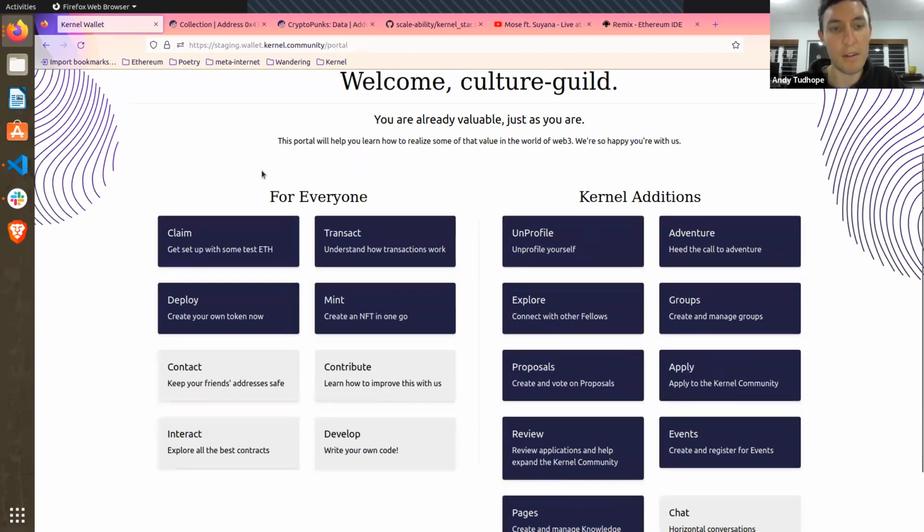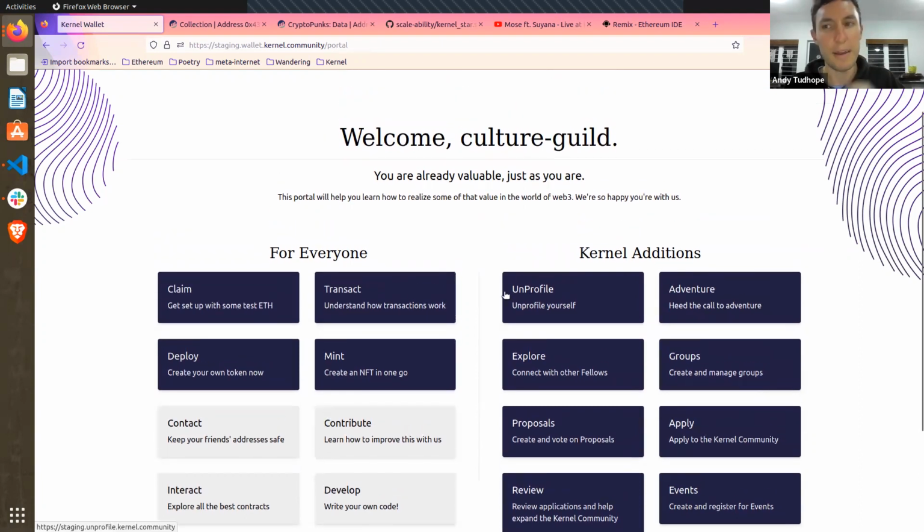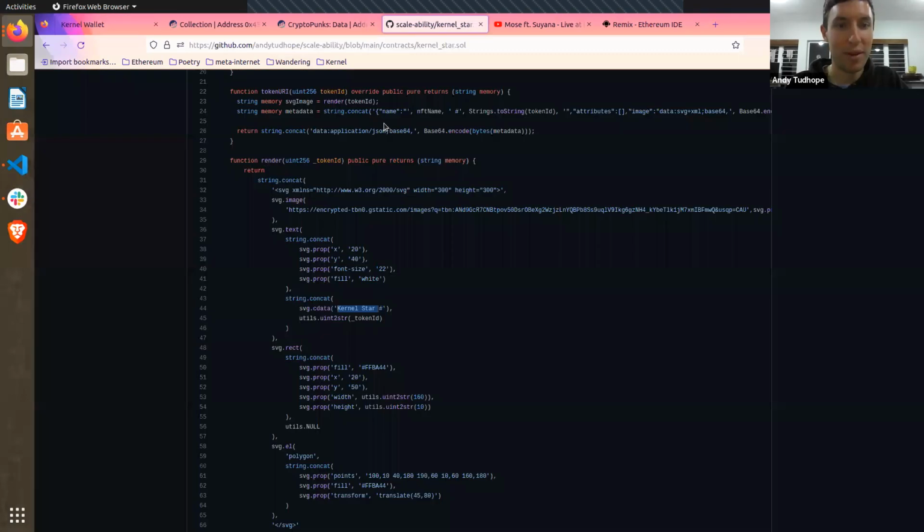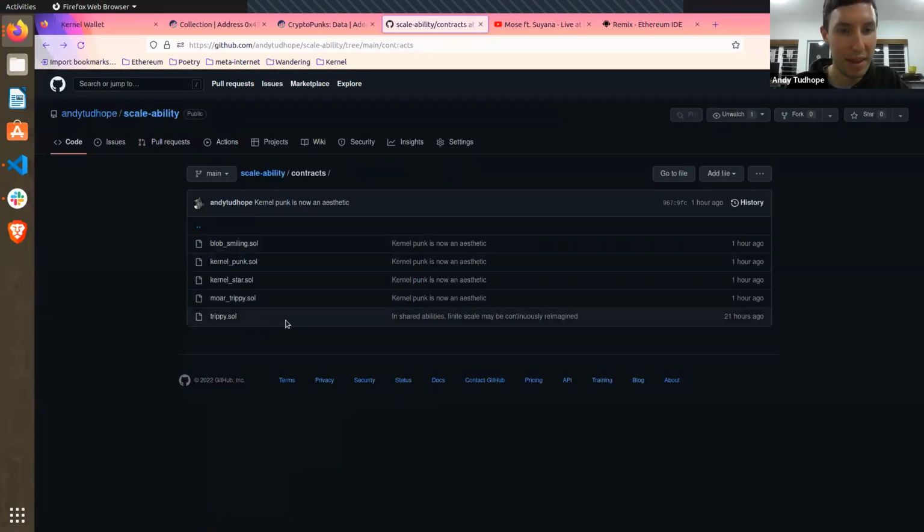And not only do you have access to all of the stuff that Remix kind of gives us access to, but a bunch of different kernel things that are going on too. And that social context, that relationality seems pretty cool. Now, the next thing that I wanted to do was